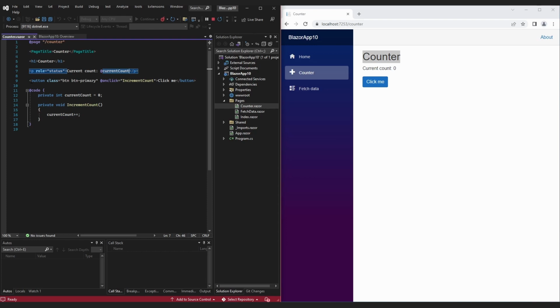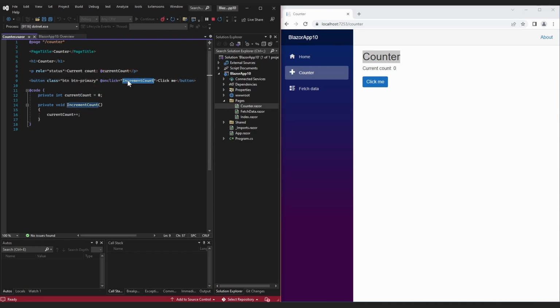On line 9, we've got a button tag, which has the text click me. And the most important feature of this is the on-click event. Now, there are many different types of events you can have on a Razor page, but in this case, this is used to specify what we want to happen when the button is clicked.